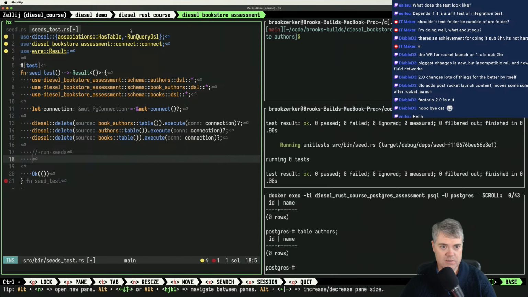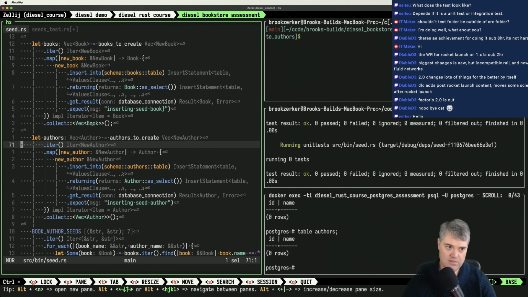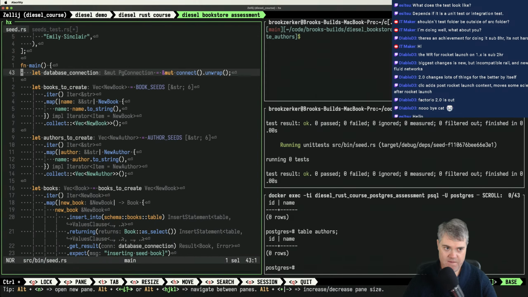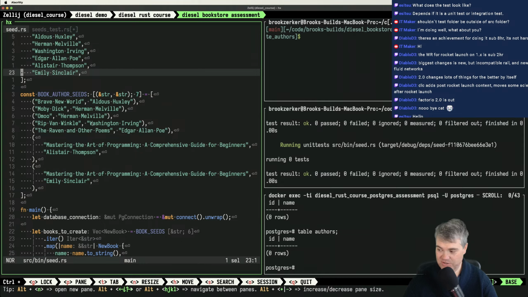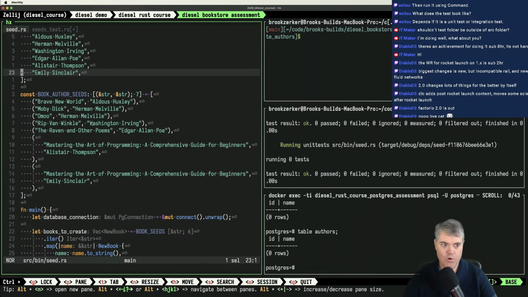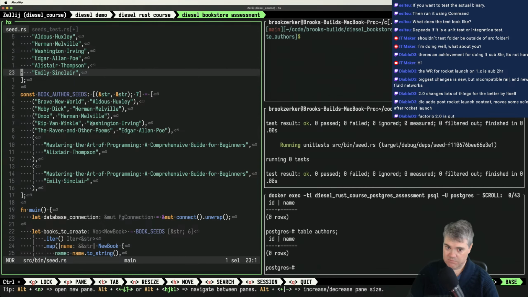So the question becomes, how do I do that? Can I do that? Or do I not want the test to run the seeds themselves? Try running it using command. Yeah, we could do that. In that case, if we run it using command, then